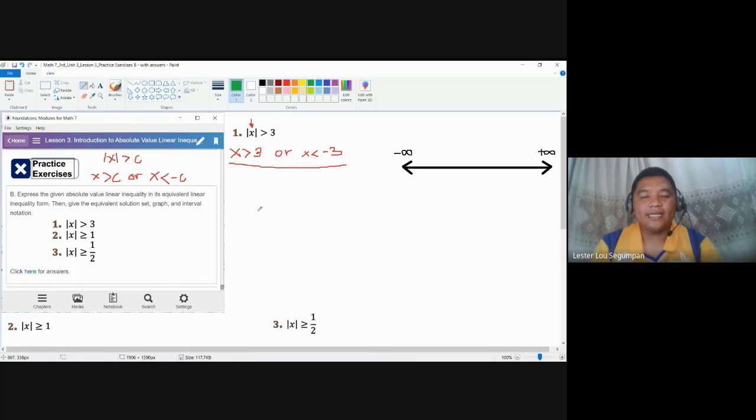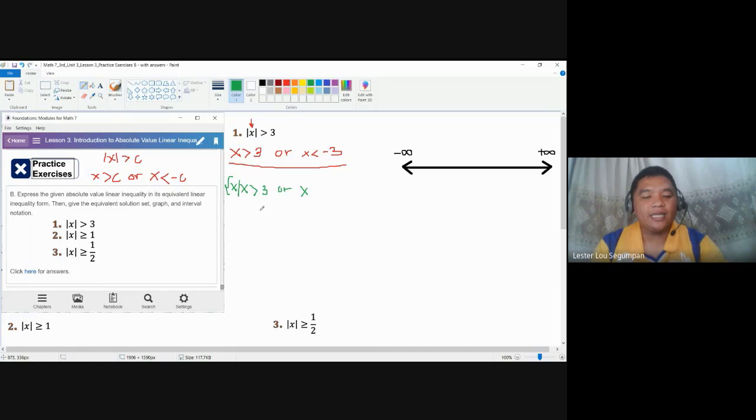Our solution set is in set builder notation because we have infinitely many solutions. You might have noticed in other references that there are many ways to represent solution sets for absolute value linear inequalities, but let us use one format for all of our solutions. That means making these linear inequality forms into two separate solution sets. So we start with the set of x such that x is greater than positive 3. Again, other references will simply combine them with or.